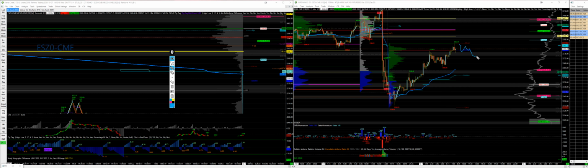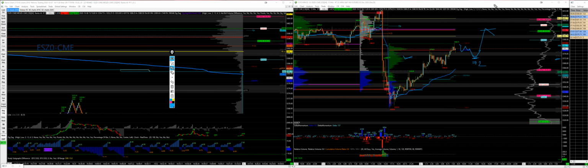If it opens right on top of the overnight VPOC, it will be chopping around, so this high volume node is a good area for a test on the downside before we find our buyers. So that is around 72, which is actually where the overnight VPOC used to be until a few minutes ago. Right, so we test down to 72 and we extend higher to the previous day's VPOC, and we have the